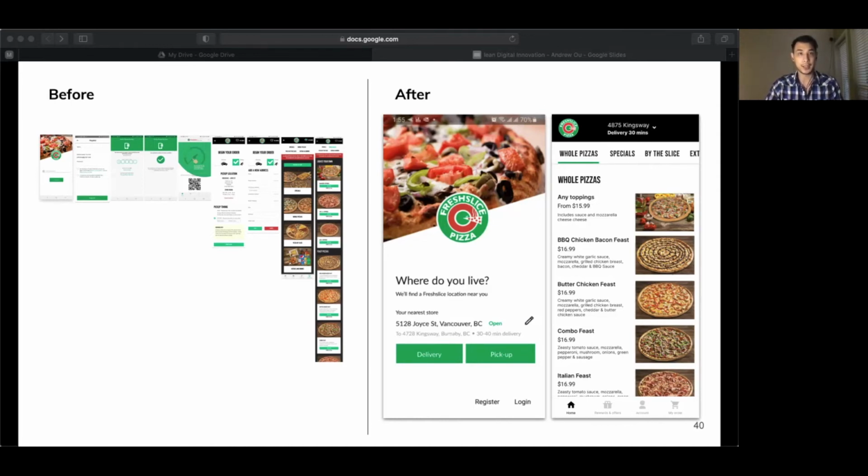Now, UI UX isn't about making things just look pretty, because you could have all of the 9 screens look very, very nice, but you still get the same frustrating experience. So UX is about making the entire journey smooth and easy to use, that your customers can't help but love your product. And also, the thinking behind this doesn't just apply to the food app here. It applies to any industry you do.